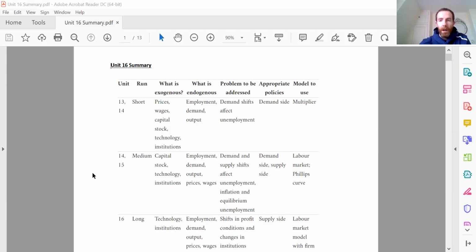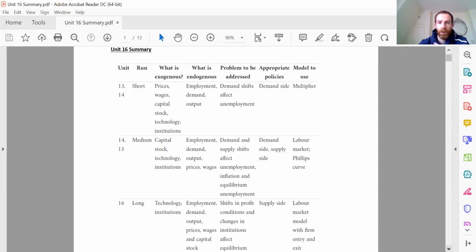Okay, so this is going to be my Unit 16 summary video. And the first really key thing about what we do in Unit 16 is we now extend our analysis to the long run. And the first thing to make really, really clear is what do we mean by the long run? Well, as we saw in Unit 14,